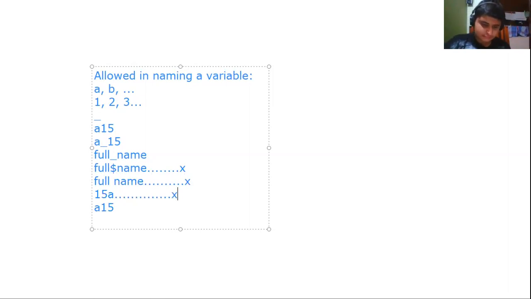So you can use alphabets, digits, underscore, begin with alphabets, then use a combination of alphabets or alphabets and numbers, and you can use underscore but not any other special character. You can't have a space. That is the rule. These are the rules.